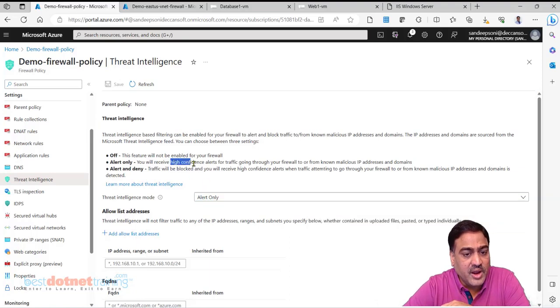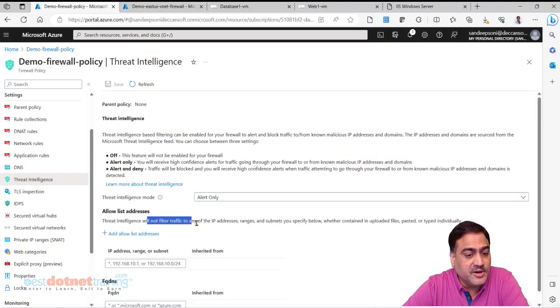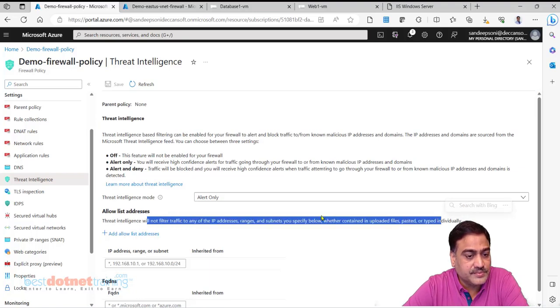You will receive a high confidence alert for the traffic going through firewall to or from known malicious IP addresses and domains. So by default, what is configured by Microsoft is denied.